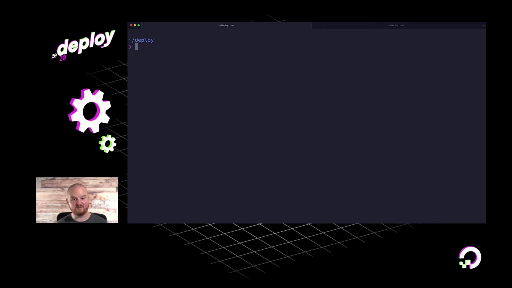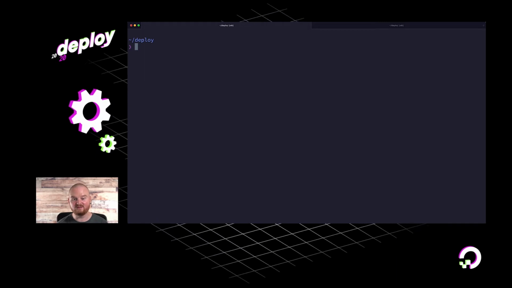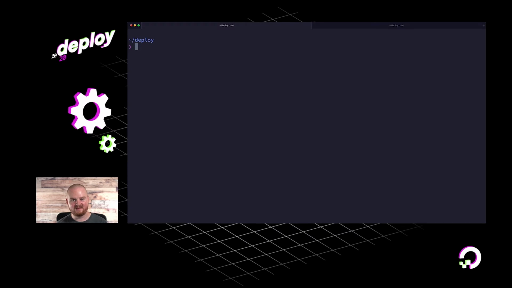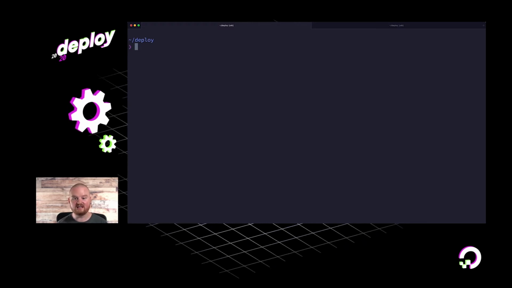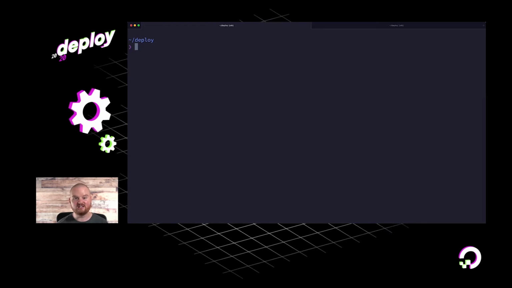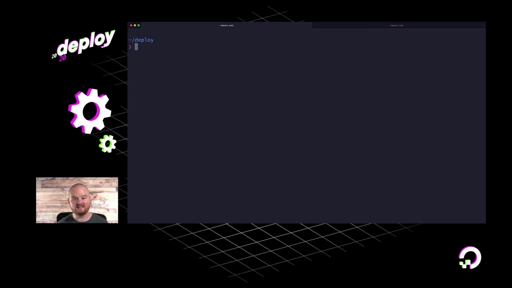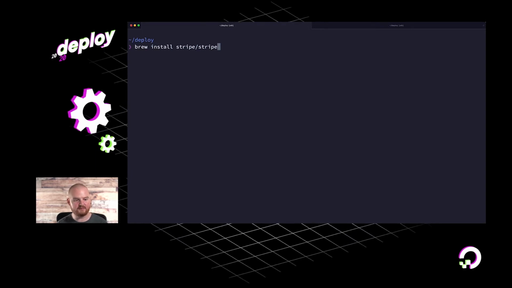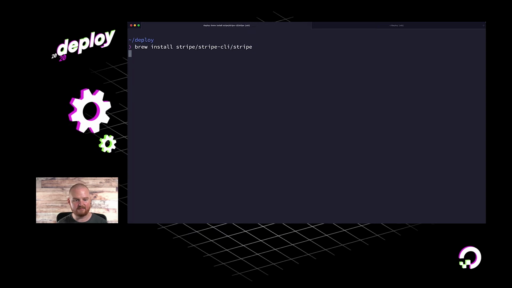All right, so assuming you've got your account set up at Stripe and DigitalOcean, let's begin by installing the Stripe CLI, which is a tool that'll help you build, test, and manage your Stripe integration right from the terminal. The Stripe CLI is open source and available for macOS, Windows, and Linux for distros like Ubuntu and Debian. There are installation instructions available in the docs, and today we'll be installing using Homebrew. I'm going to say brew install stripe/stripe-cli/stripe.